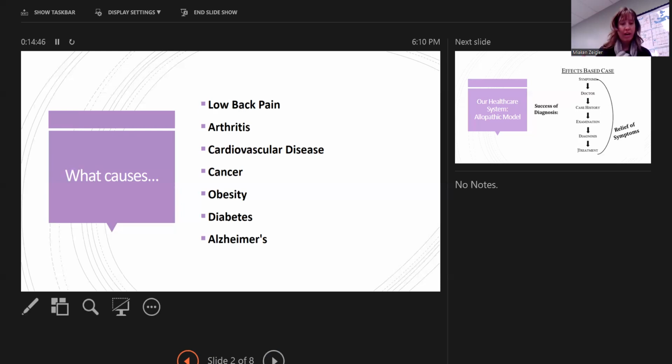our Western model of healthcare is really great for emergency situations, right? If you come home and your house is on fire, are you going to call the carpenter? Or are you going to call the firefighters? And what are the firefighters going to do? They're going to knock down that door. They're going to spray everything down. They are going to take care of that fire, and they don't care what happens to that house to do it, right? They don't care that there's walls falling down and beams coming down, because their job is to take care of the fire.